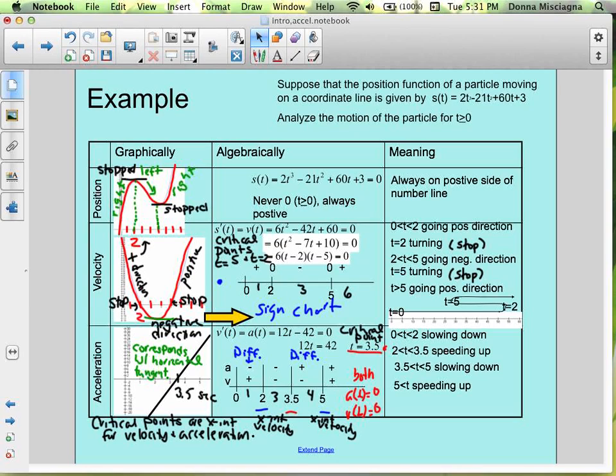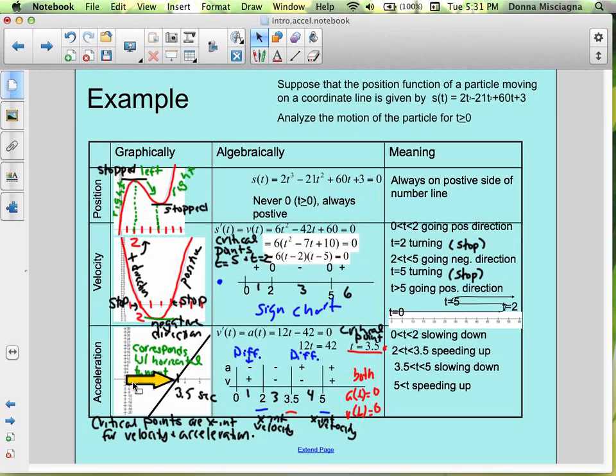But if we plug in any value that is less than 3.5, we are going to get a negative value. If I were to plug in 1, for instance, that would be 12 minus 42. That's negative. If I plug in any value greater than 3.5, we get a positive value. Now let's take a look over here at our graph of acceleration. Notice that where acceleration is negative,